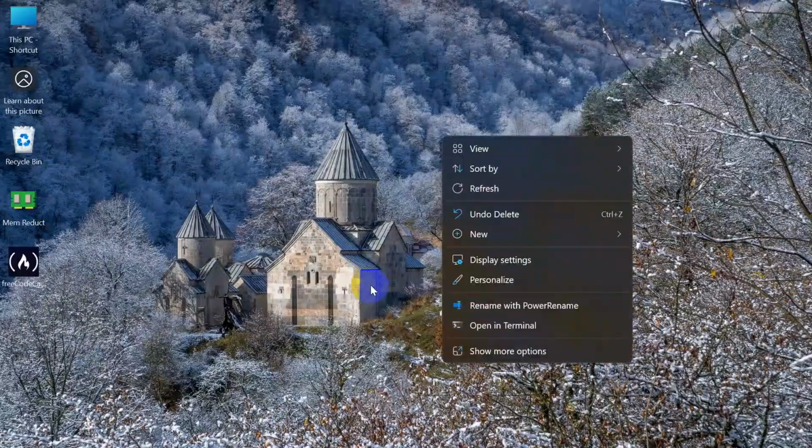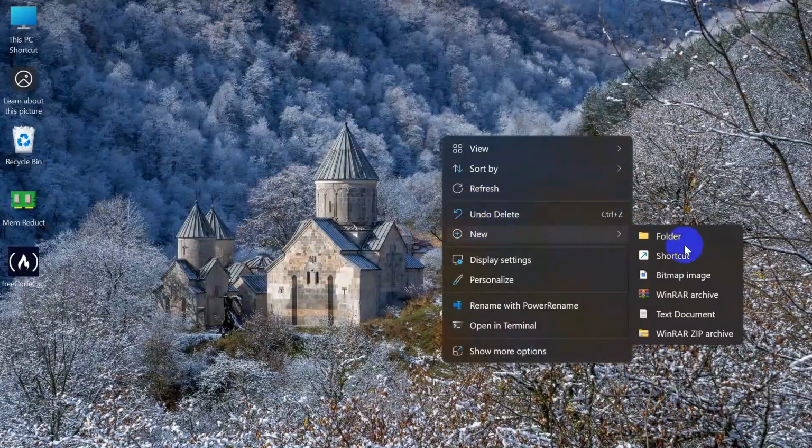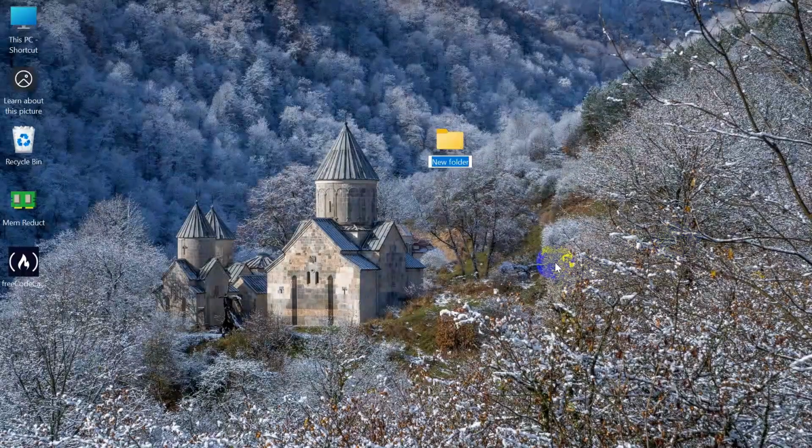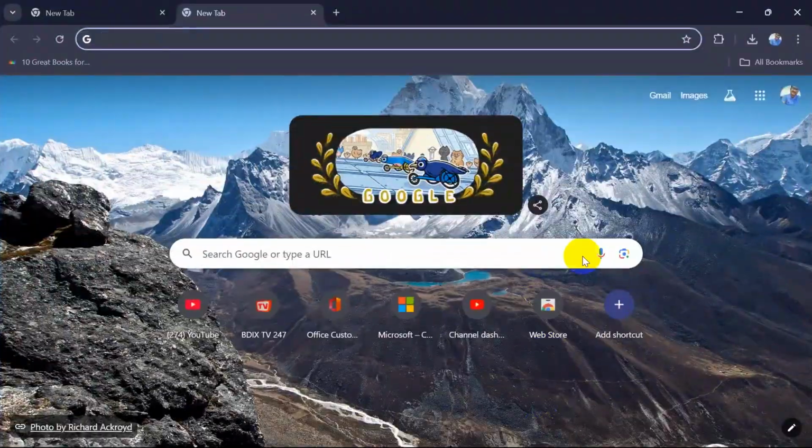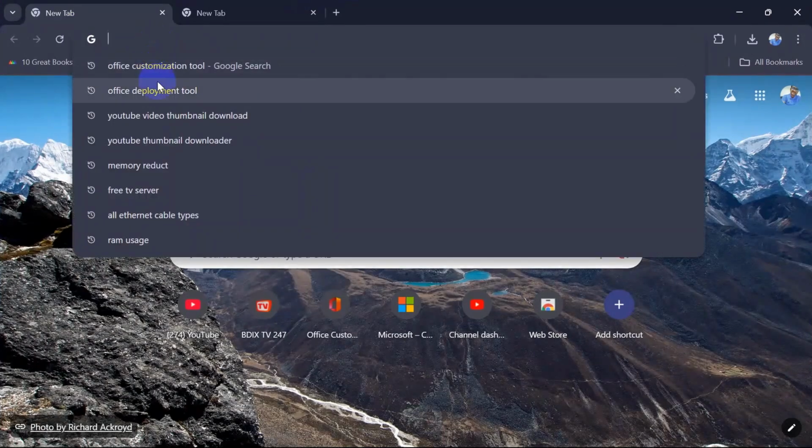So first we will come over to our desktop and click on the right mouse button, click on New and click on Folder. By this we are going to create a folder called OneDrive, and then click Enter. After that, we will go to our Google Chrome browser and here we are going to